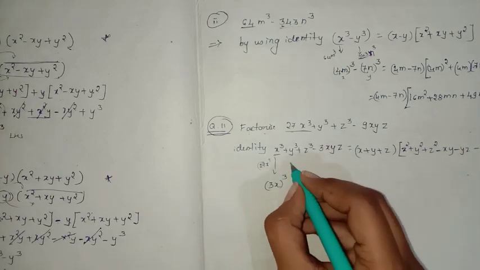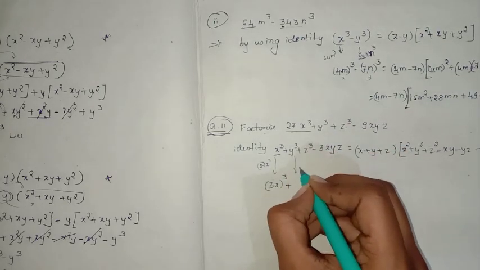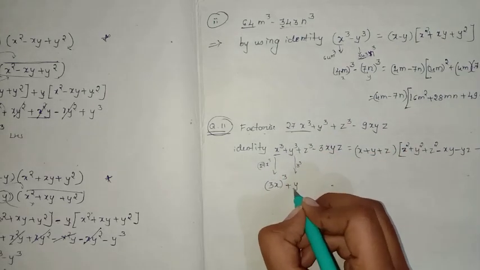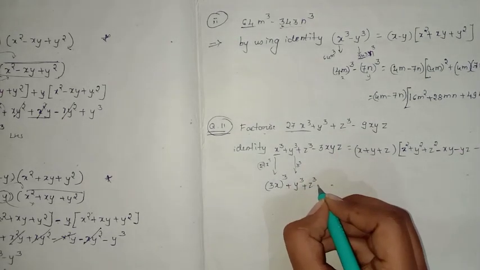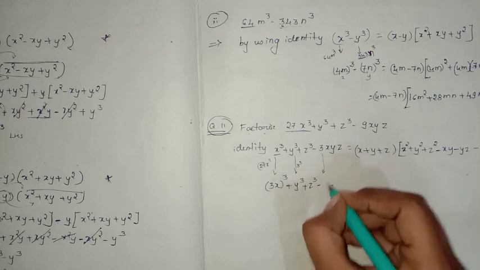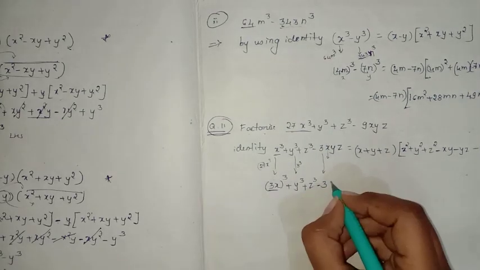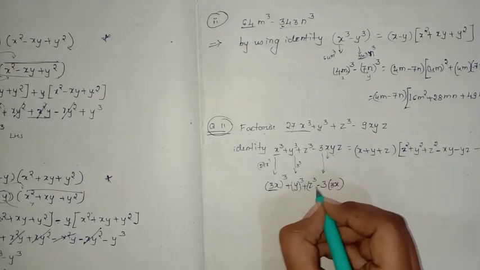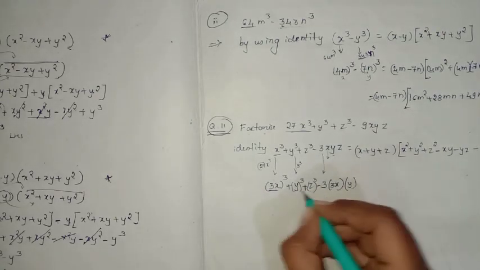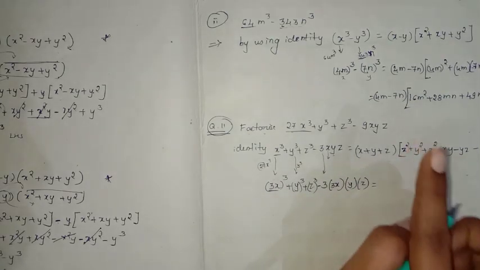So it is right. Then next term what they have given, that is y cube. Directly they have given y cube. So we can write 1y cube. That is nothing but y cube. Then third term is z cube. Minus of, here we will take 3, and what is the x value? What we have considered here, that is 3x. That means 3x. What about y value? Y value is y only. And what is the z value? That is z. So now you have to write the expanded form of this one.